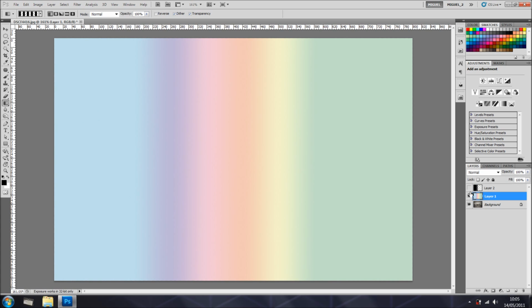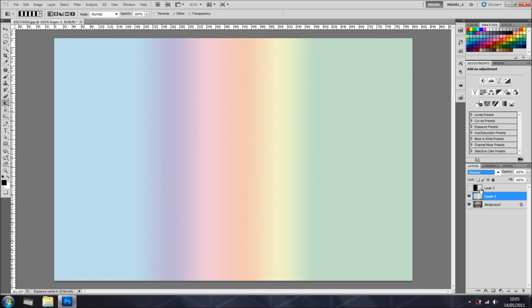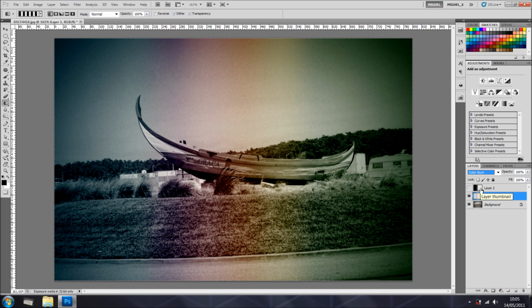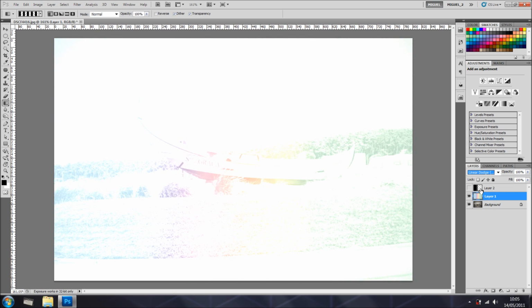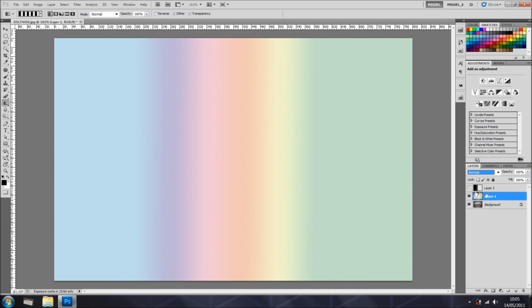And to make it even better, right here where it says normal, I'm going to click on dissolve. Nothing happens, but if I bring down darken, multiply, color burn, linear burn, darker color, there are some blending modes that will blend these two images together. In this case, these two layers together. I'm going back to normal. So as you can see,